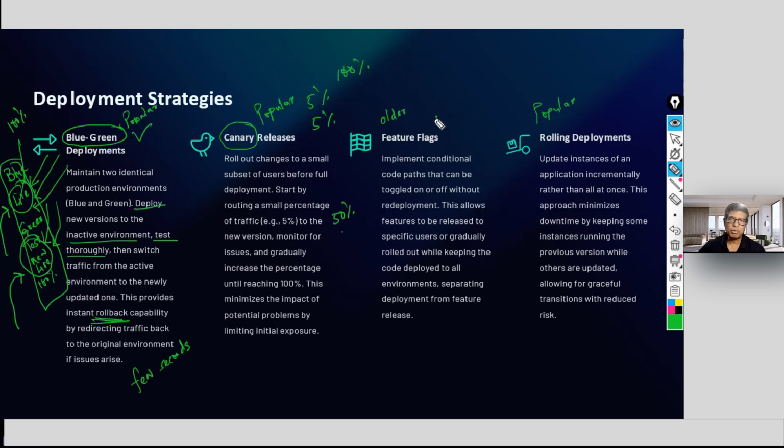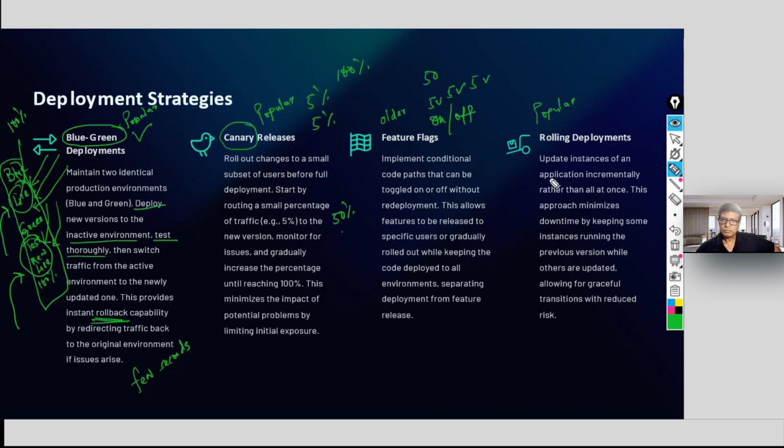Feature flag, that is on and off. You make some features live gradually. Out of say 50 features to be deployed, you will make, say, 5 features on, it's working. Then make another 5 on, it is working. Then another 5. So till you reach 50 on. If somewhere after deploying the 5 features it is not working, you make all the 5 off. That's all. And rolling deployments.